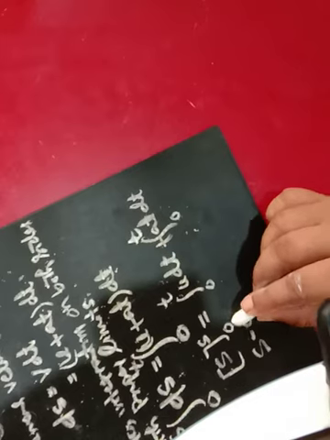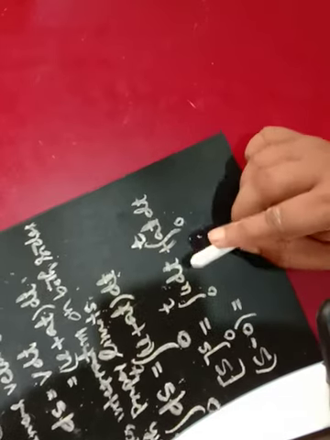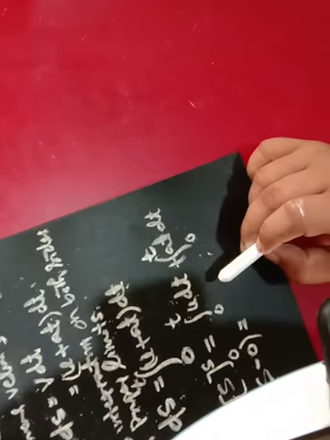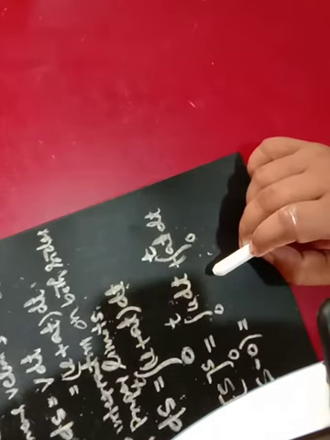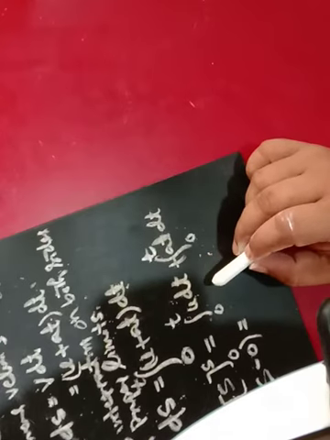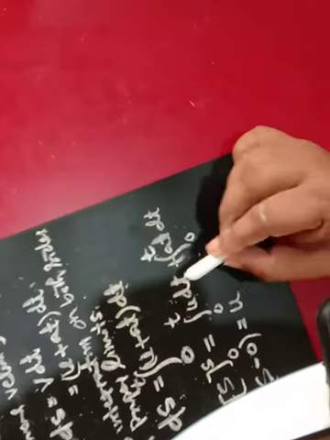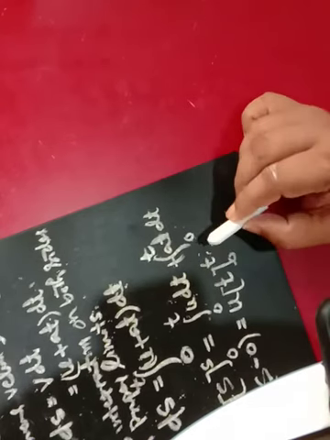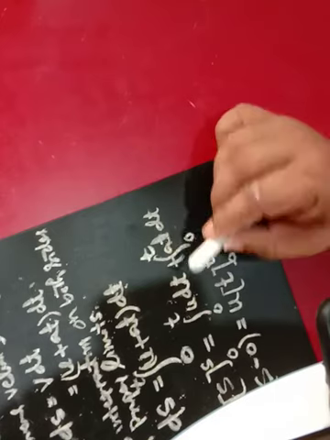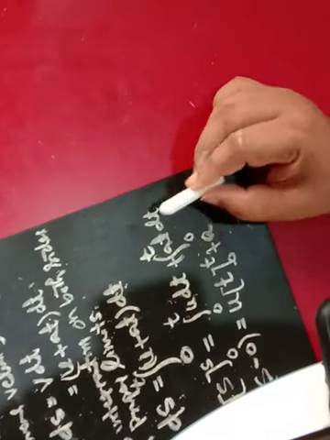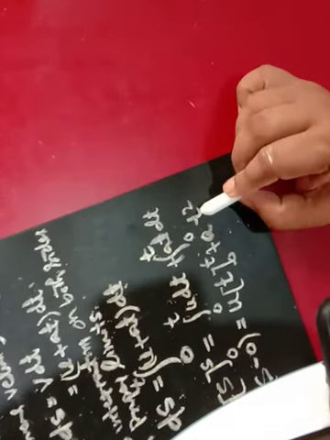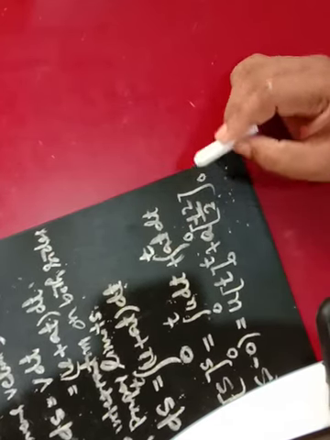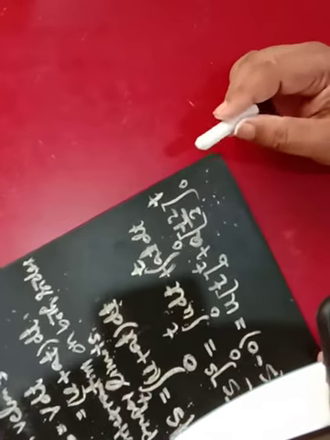So for this part you get s minus 0, and this equals the integration of u dt. You must be thinking whether u should be taken out or not. As it is the initial value, it always remains constant, so u is taken out, and the integration of dt is t, from 0 to t, plus a is constant, so it is taken out, and the integration of t dt is t square by 2, from 0 to t.